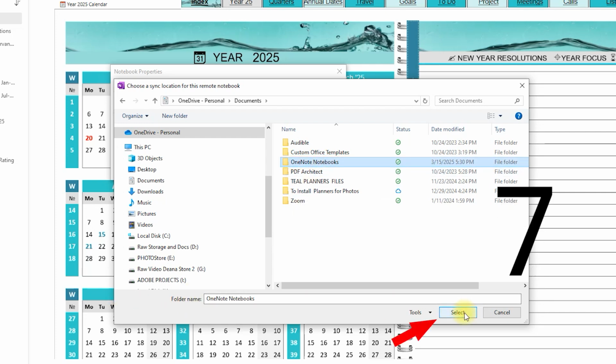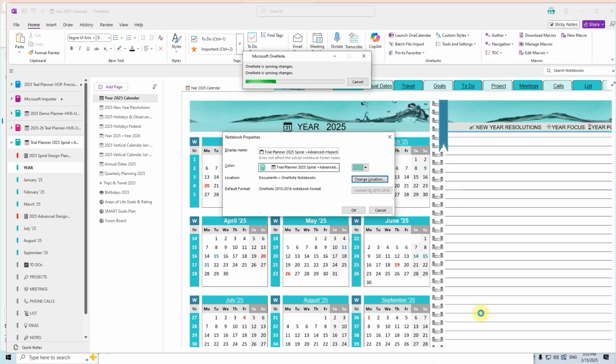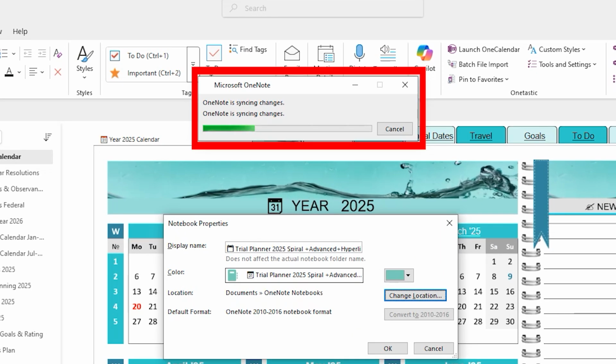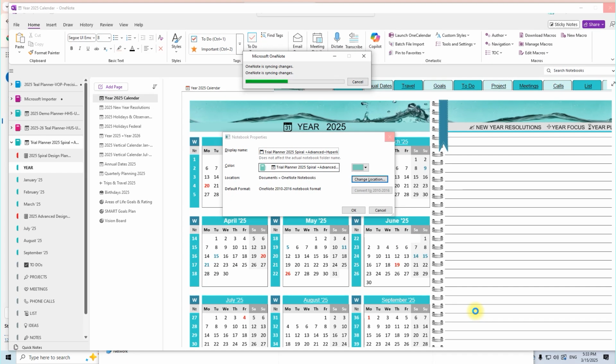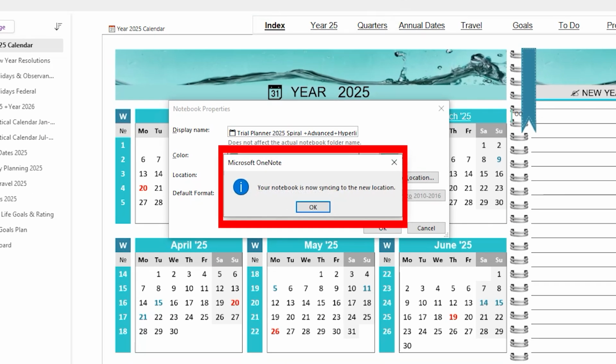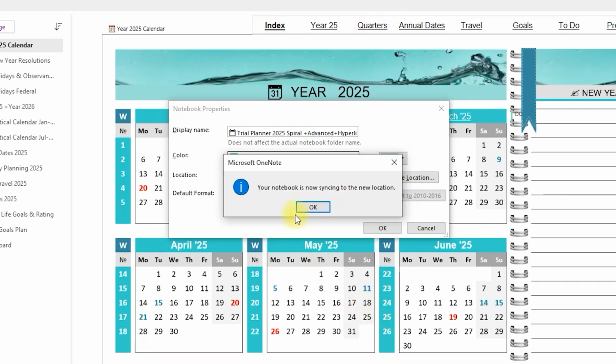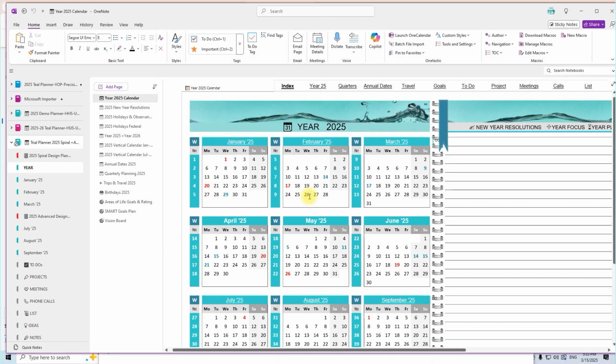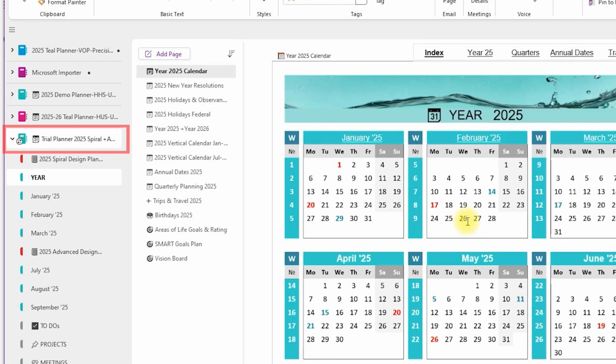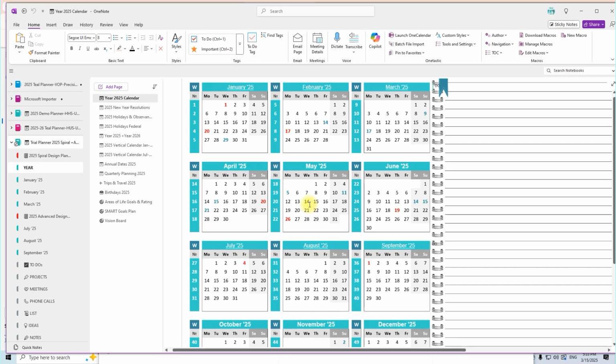7. Click Select. Once you complete these steps, the syncing process will begin automatically. It may take some time for the planner to sync, depending on the size of the planner notebook file. When the process is finalized, a confirmation message will appear, indicating that the notebook is now syncing to the new location. On the left, you will also notice a sync icon next to the planner, confirming that the synchronization is